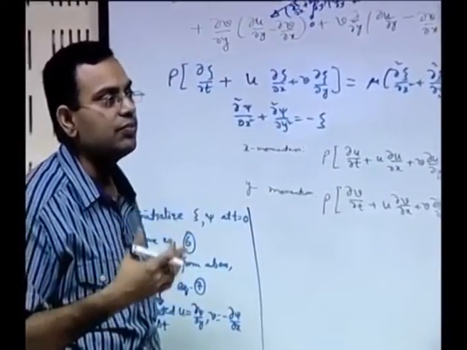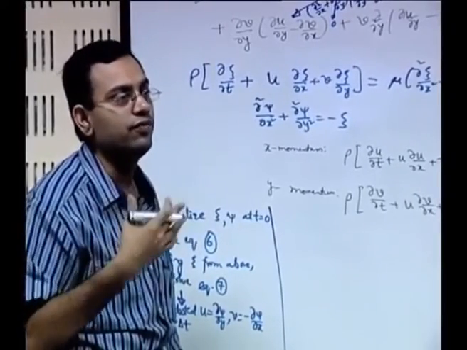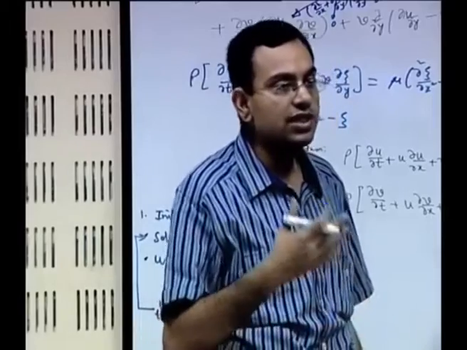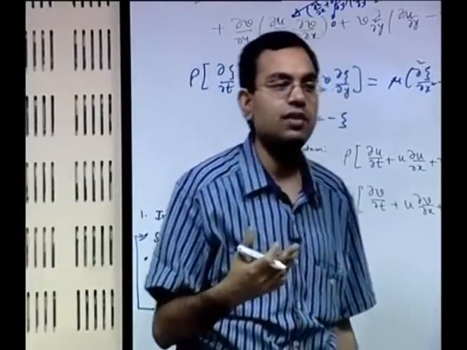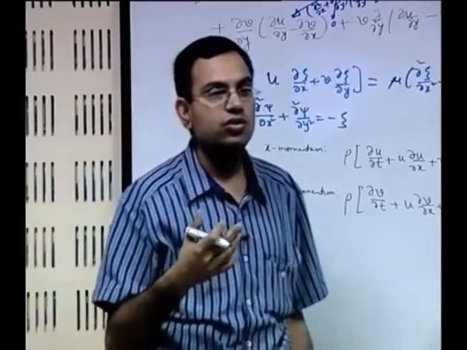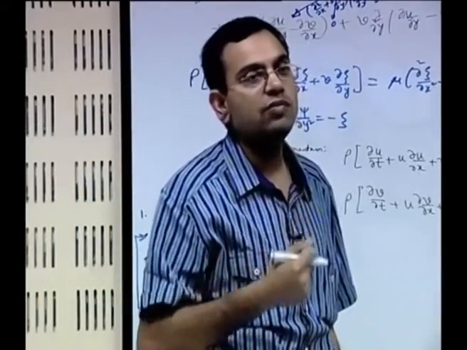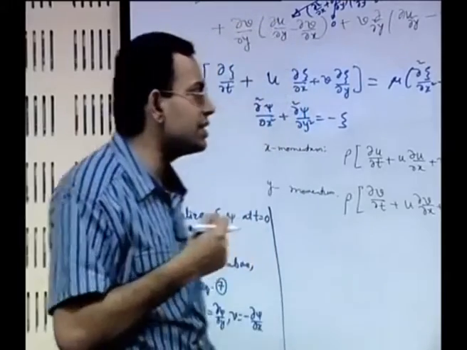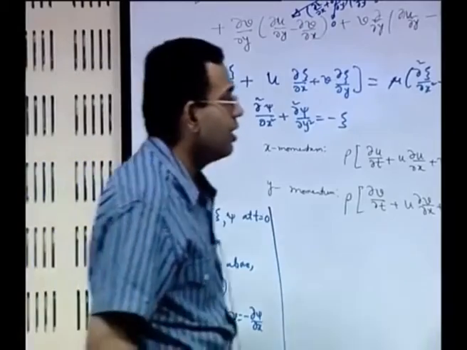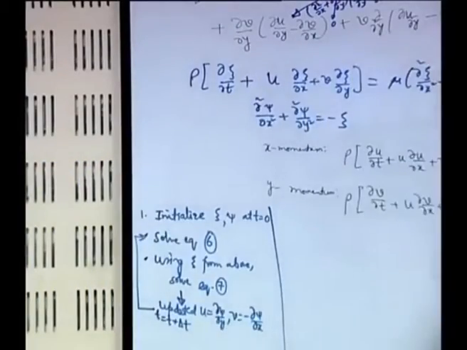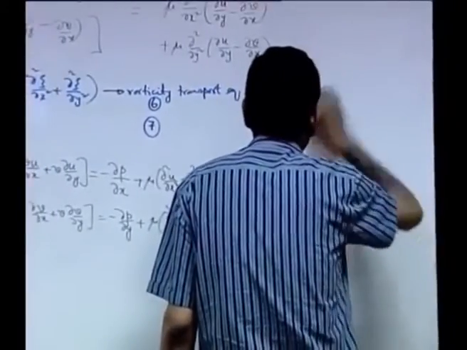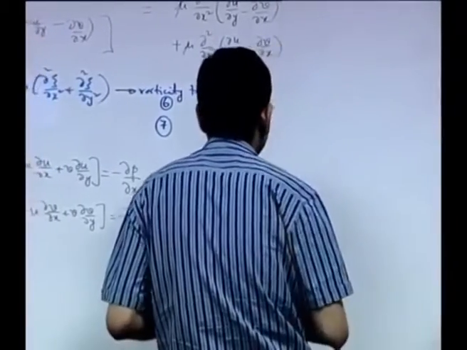So these are not the fundamental variables of fluid flow. Fundamental variables of fluid flow are velocity and pressure. So these are derived from the fundamental variables, and therefore it is not so trivial to impose a boundary condition on stream function and vorticity. So let us see how we can give a boundary condition on stream function. Now we can give the boundary condition on stream function in a bit more straightforward way than the boundary condition on vorticity.